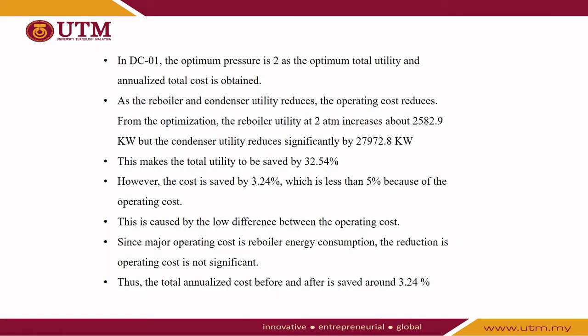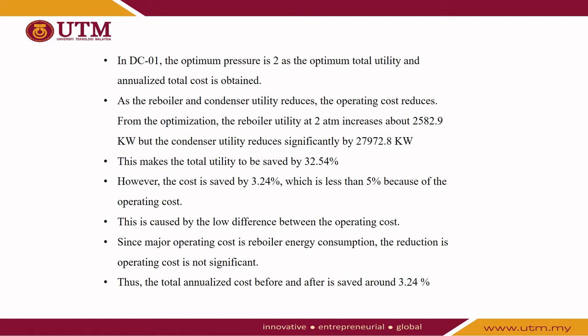From the previous summary of cost and utility, as the reboiler and condenser utility reduces, the operating cost reduces. From the optimization, the reboiler utility at 2 atm increases by 2582.9 kilowatt, but the condenser utility reduces significantly by 27,972.8 kilowatt. This makes the total utility to be saved by